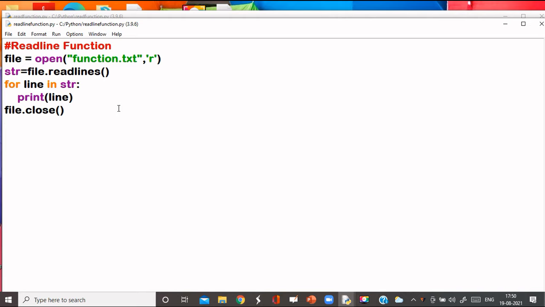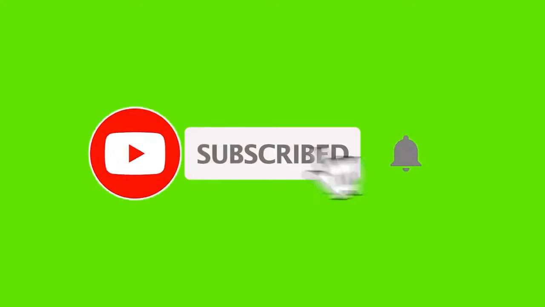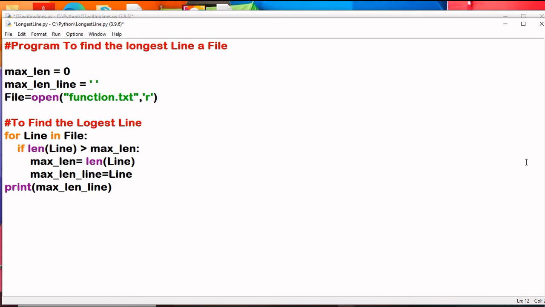For writing contents to a file, there are two functions, write and writelines, and for reading there are read and readlines. Now the demonstration of some programs.